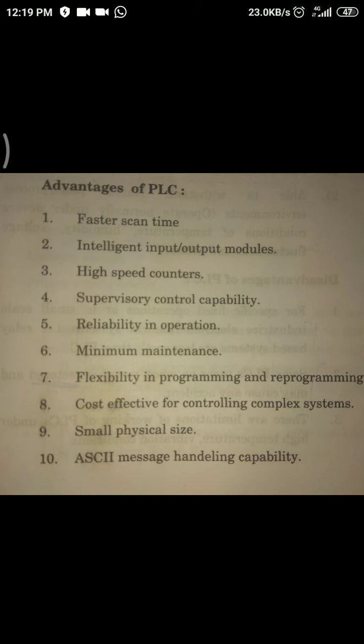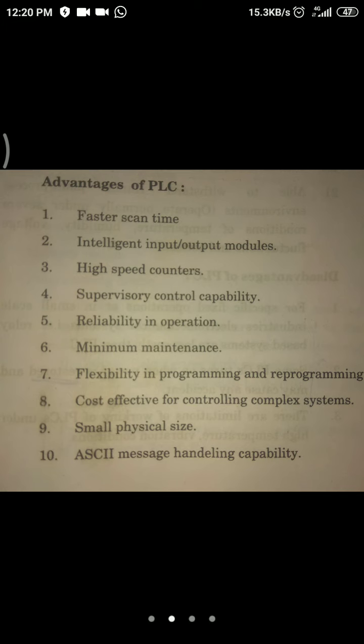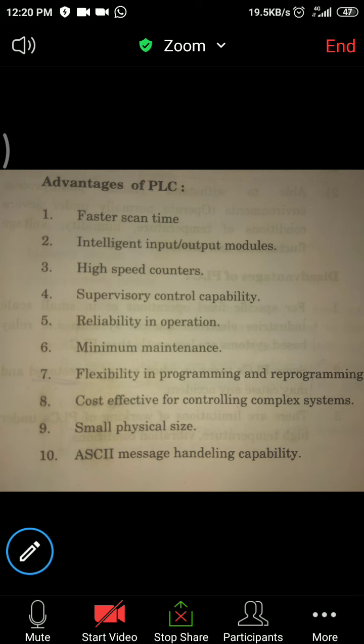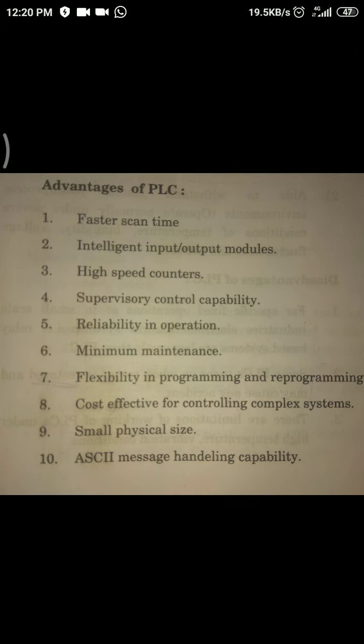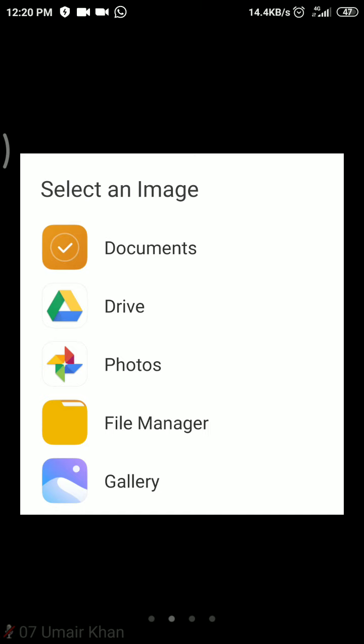Again, when power is restored, PLC starts from the point where it left the task. So it may cause an accident, because when power is restored, the worker may not be aware of it. It will start from the point where it left the task. Again, it has some operating specification limitations, like high temperature and vibration conditions. So some limitations are also there. Now we'll see the internal structure of PLC. What are the basic building blocks of the PLC?